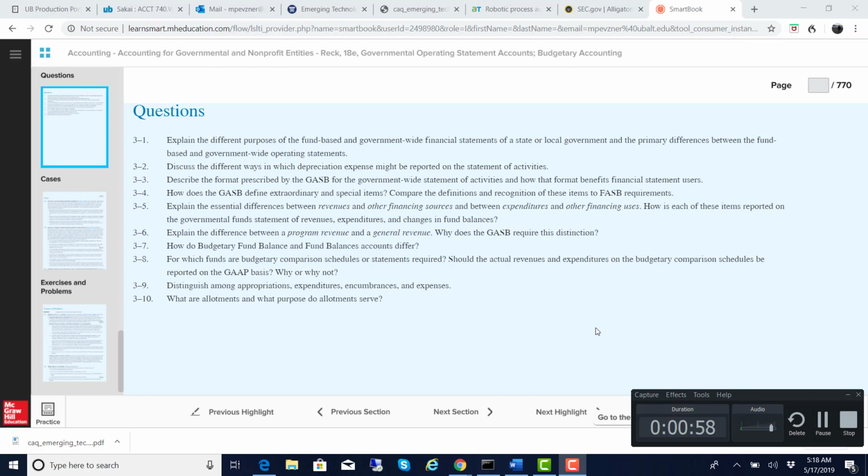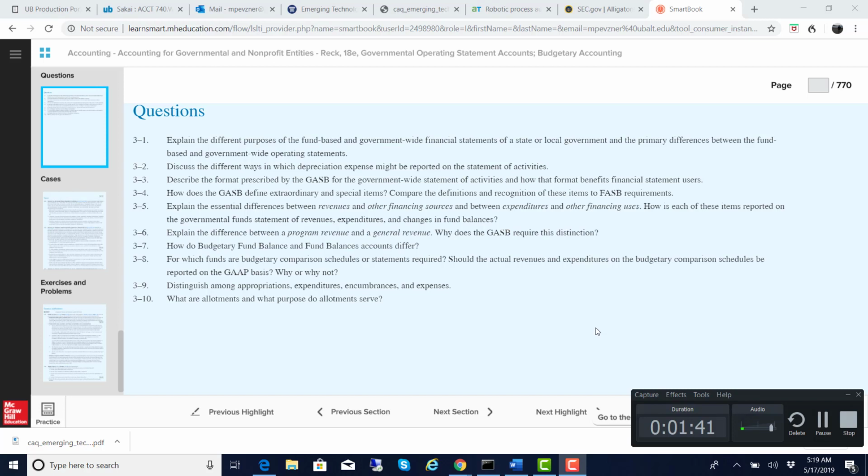Reading from page 69 of the textbook, the third edition of Recall, fund-based financial statements are intended to provide detailed financial information about the governmental, business-type, and fiduciary activities of the primary government. To meet users' broader information needs about the government as a whole, the GASB reporting model also required management discussion and analysis and two government-wide financial statements. So the idea here is that fund accounting is based very much on the focus of a particular fund, which is typically dedicated to either overall general government operations, which would be the general fund, or debt service, or certain fiduciary activities that are very focused on that one area.